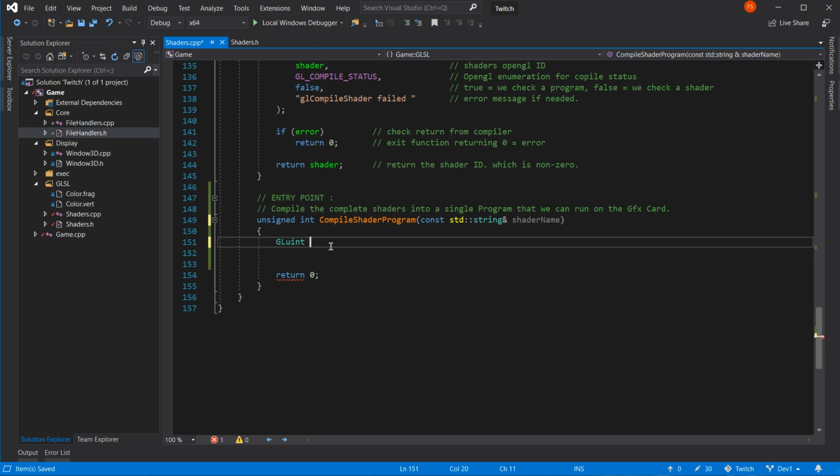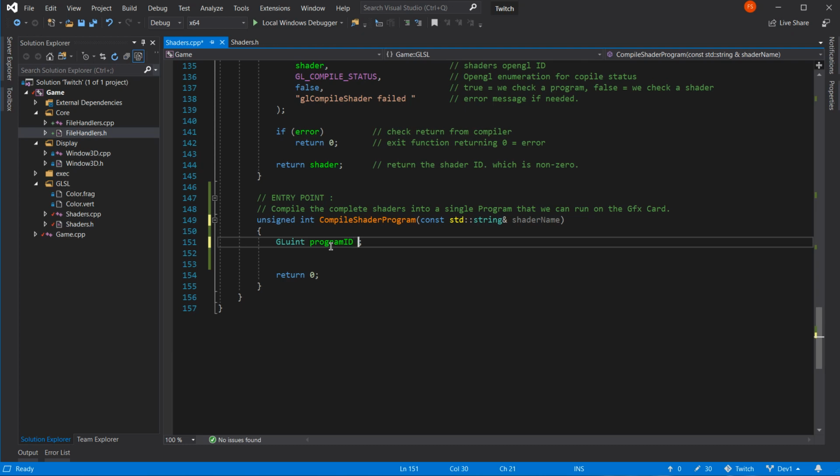Right, we're going to compile a shader program. So let's have a program ID. We're used to it. Yeah, I'll call it an ID this time. We didn't with shaders, so I will this time. It's an unsigned int, isn't it?